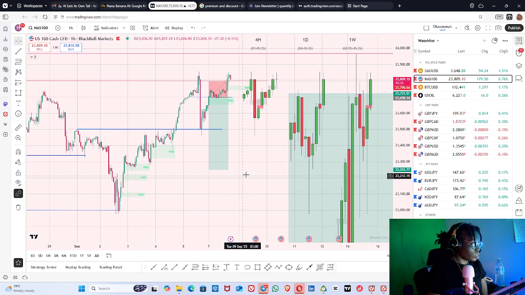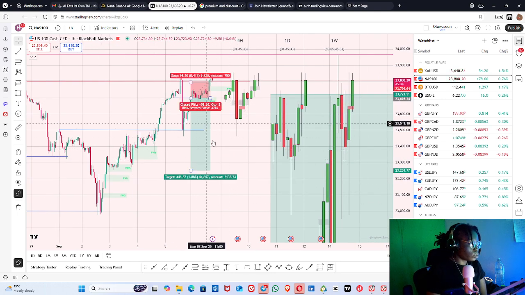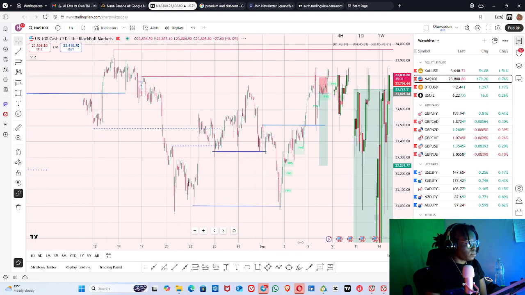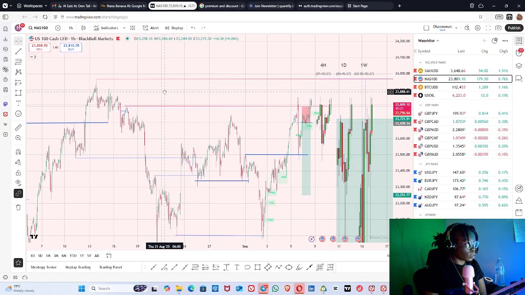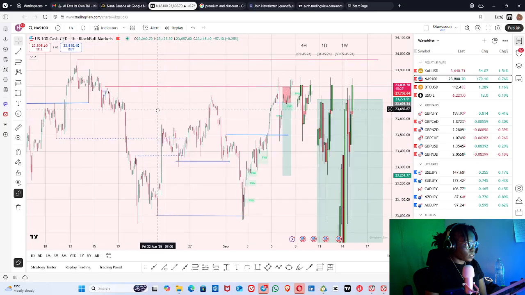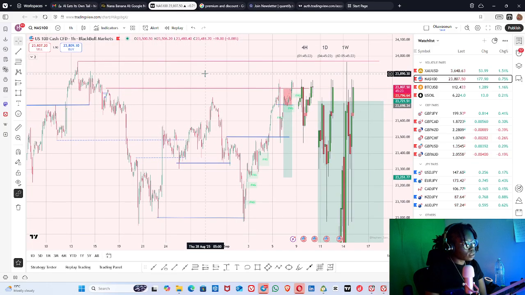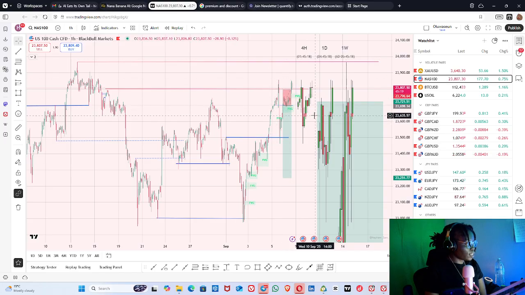Actually my strategy is to see a possible reversal. The reason why I wanted to take a sell here is because this is a QML right here. But I wasn't really convinced, which is why I didn't enter this trade. Because when this QML formed,